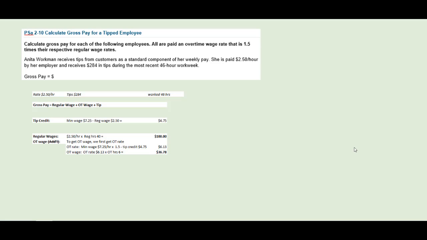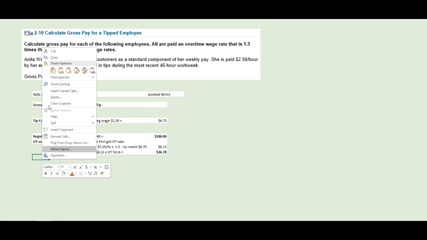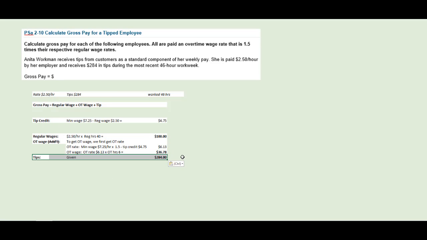That's given in the problem. How much is that? $284. At this point, you have completed all the components for gross pay for this problem. And the gross pay is regular wage plus overtime wage plus tip wage. And sum all of those items up, you get